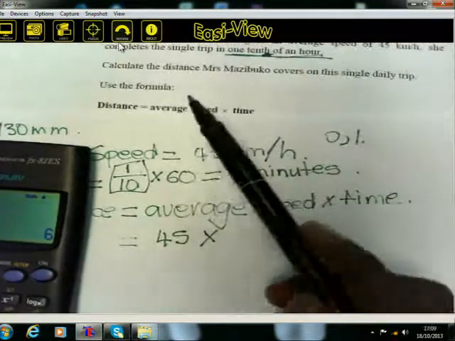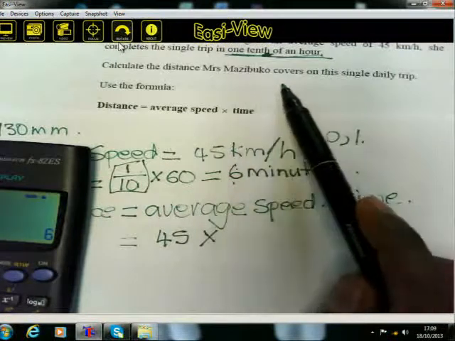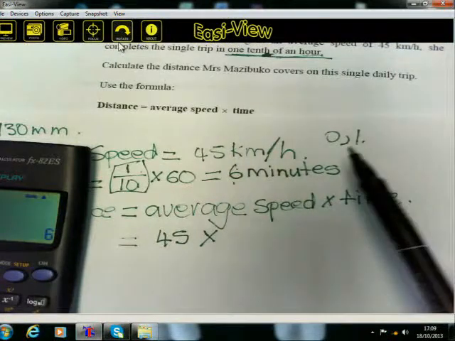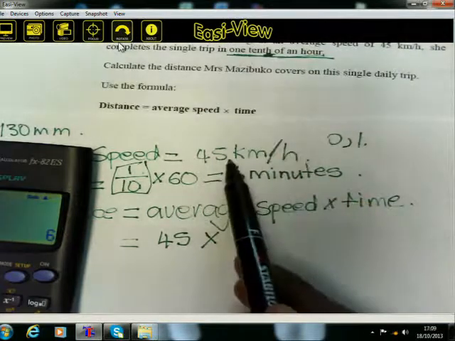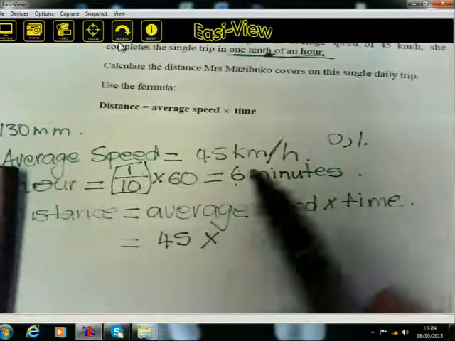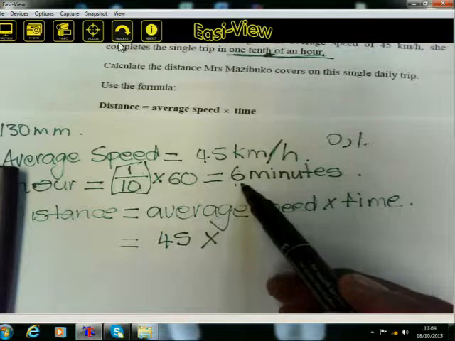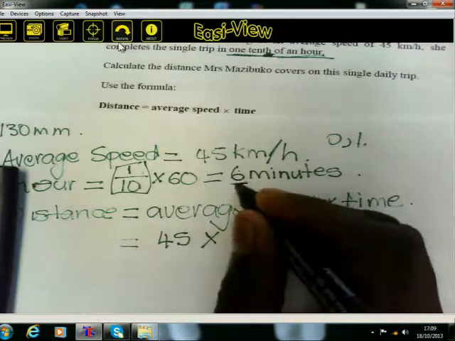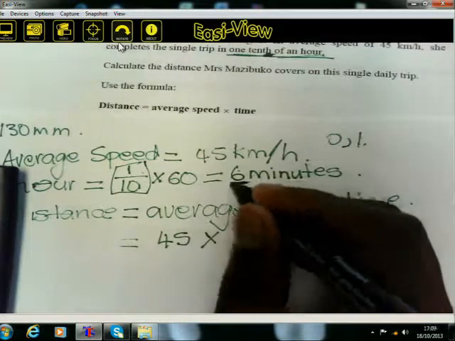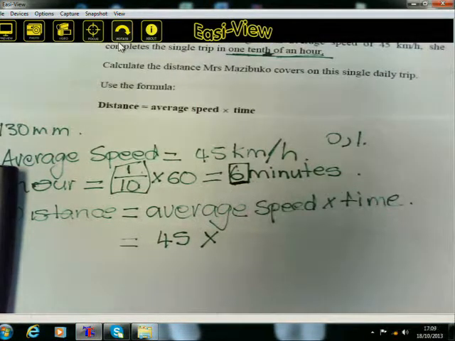Calculate the distance Ms. Mazibuko covers on a single trip. Therefore, now we have our average speed, which is 45, and our time is 6 minutes. Therefore, we are going to multiply this. We are having 6 minutes. But remember, here we are having 45